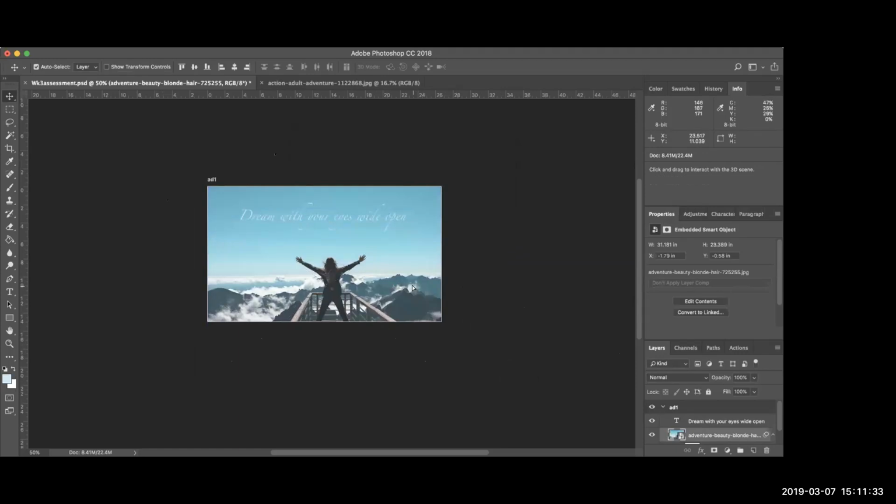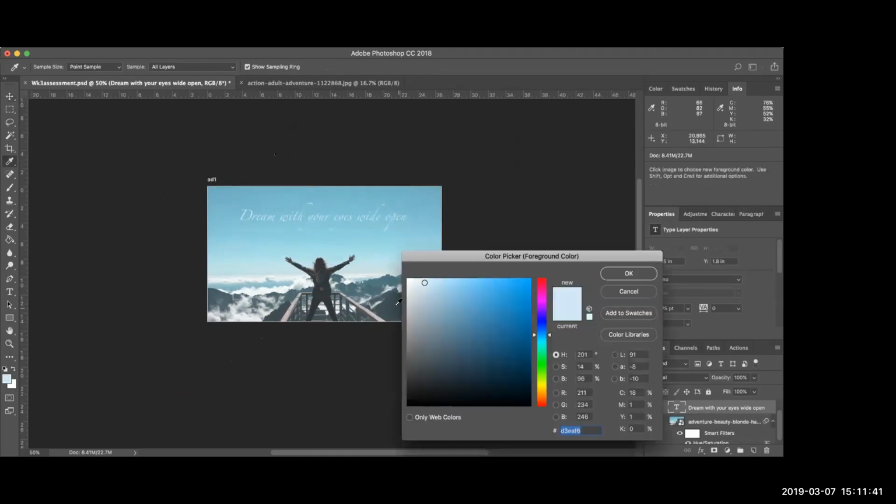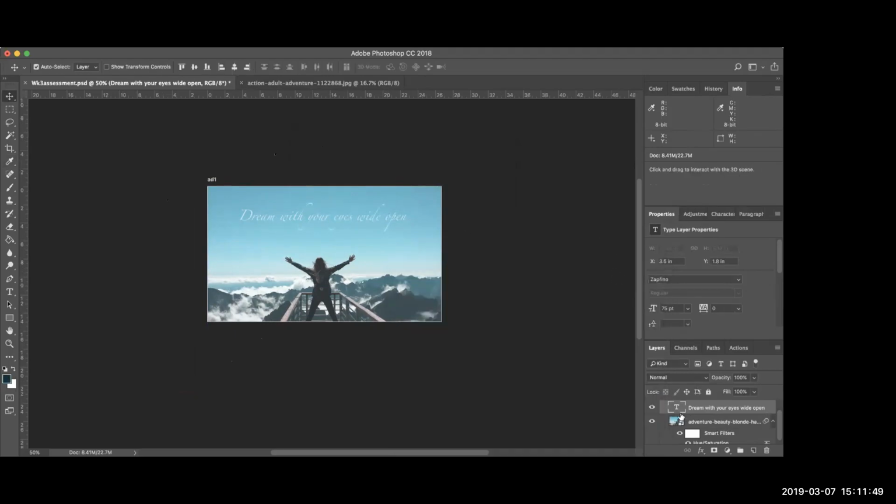It still has the effects on it. And let's move it over. Of course, I want it aligned, center, and I will come up and edit my text a little bit more. I'd like it to stand out. So we want to have a hard contrast of making sure that we have some darker text over top of,